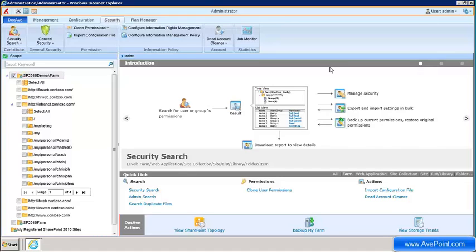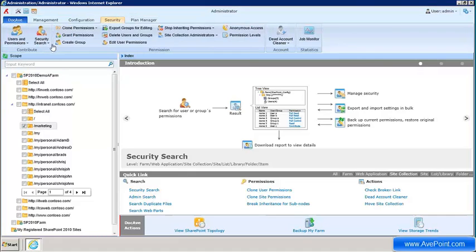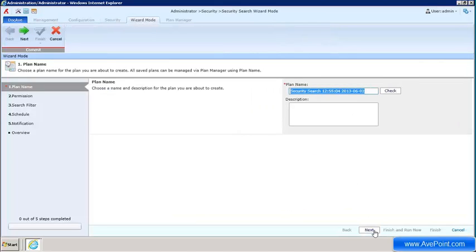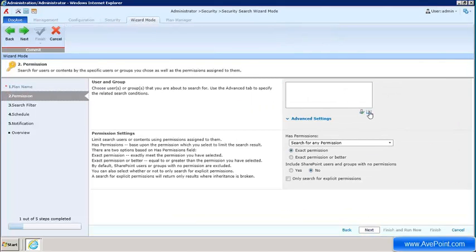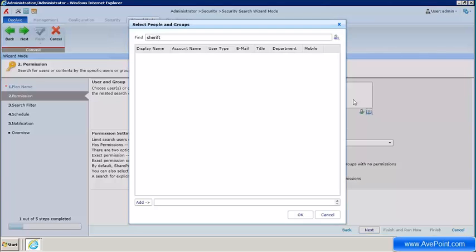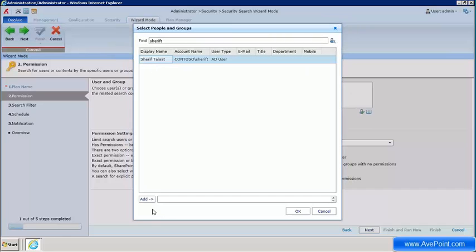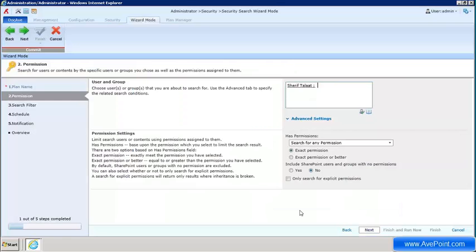is how we can do a security search. So, go to security, click security search. It's actually something that is not available in SharePoint natively. It's built in DocAve. So click security search, the wizard. I'll give it a name, click next, and here I want to search for Sharif. It'll take some time. I'll choose Sharif, click add, click OK,